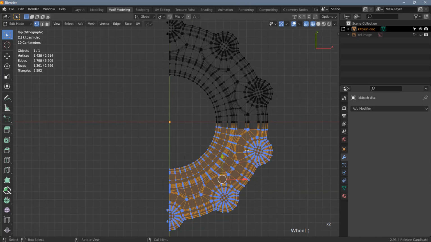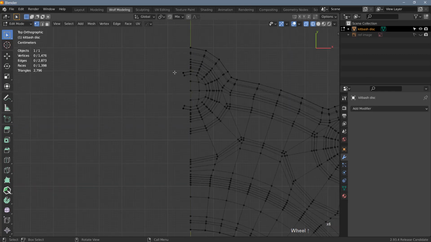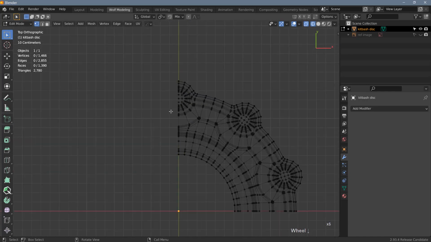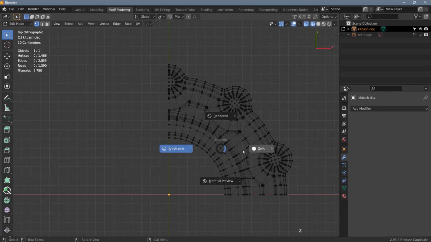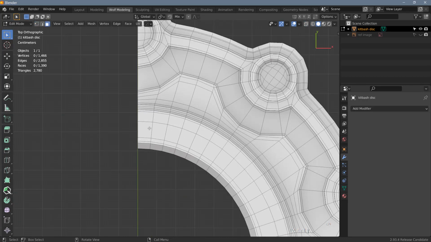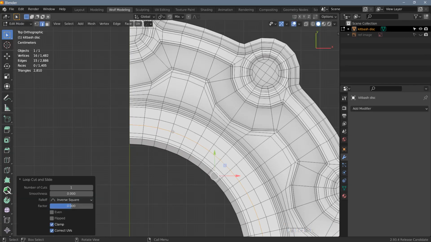Let's get rid of these ones, X vertices, and I think I missed a couple over here. So let's go ahead and select these, hit X again, and delete these vertices. And now we can go back to solid mode and polygon mode. And what I want to do first is use Ctrl R, and I'm going to add another edge loop right